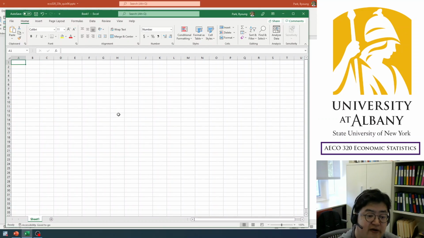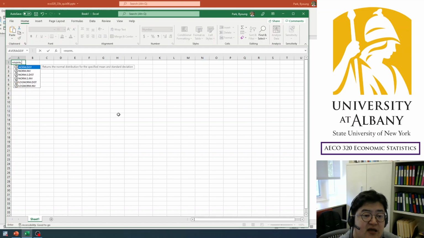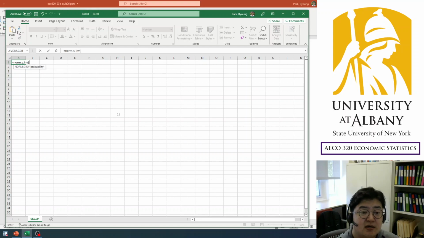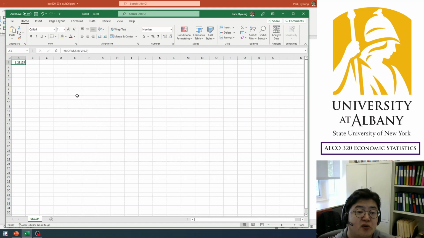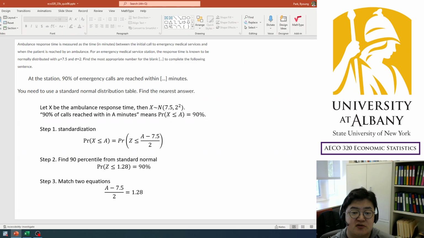You have to use norm.s.inv. So inverse is the percentile. So enter 90%, which is 0.9. Then you get 1.28155. Right, simply, I am going to round to the second decimal place. So you can write it this way. And then finally,